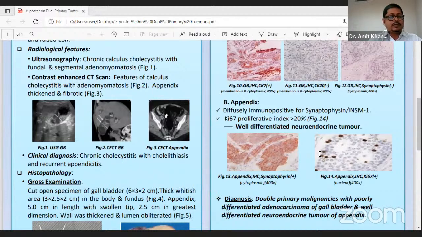Therefore, the final diagnosis was dual primary malignancies with poorly differentiated adenocarcinoma of gallbladder